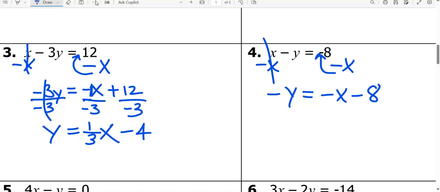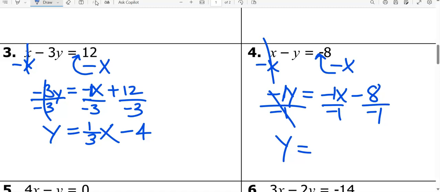Is that y by itself? No. Almost, but no. That negative sign has to go. And what invisible number is here? How do I get rid of any number in front of y? Every single time I'm dividing by the exact same thing. Cancel. So y equals negative